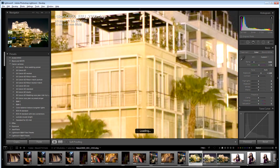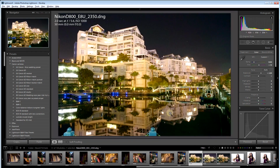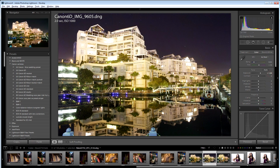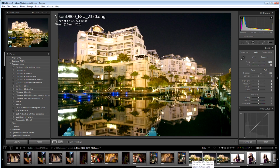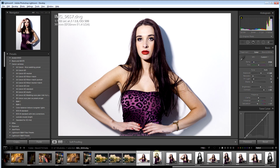And yeah, I can only say that all three cameras performed really well here. I would have to say that maybe the Canon and the Nikon D750 gave me better results. Dare I say that? Yes, I dare. Now these next images were just a friend of mine who came in and did some modeling